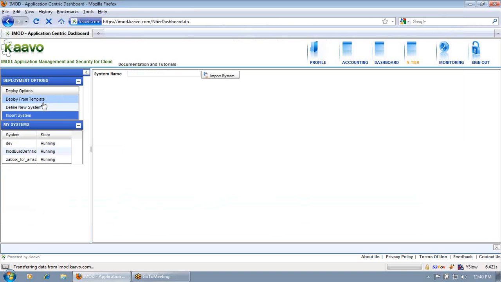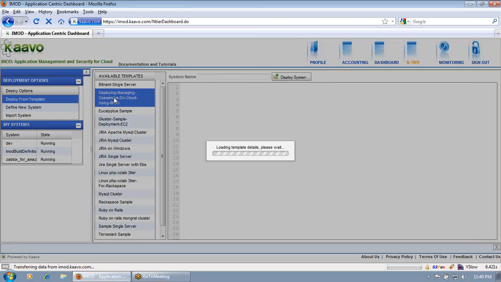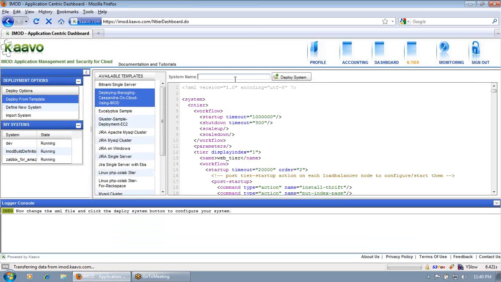So right now we will use deploy from template, because Apache Cassandra is available as a sample template. You need to put a name here to deploy it. And then deploy this.